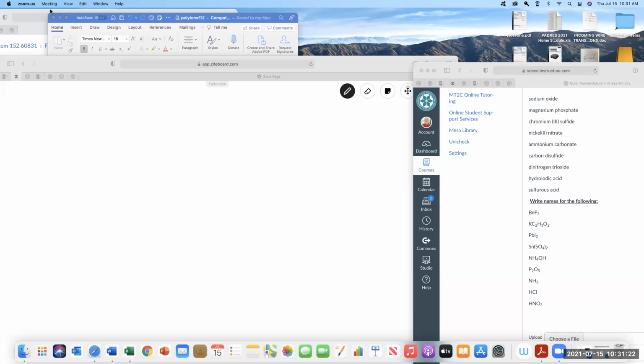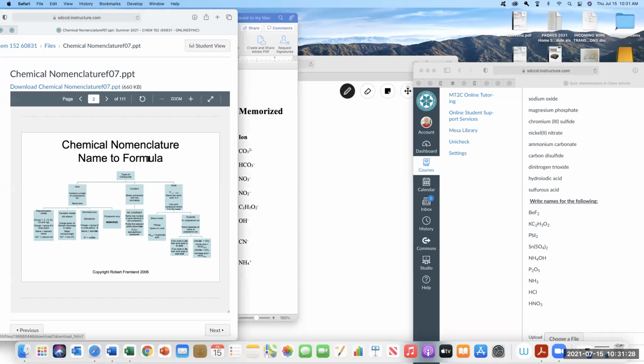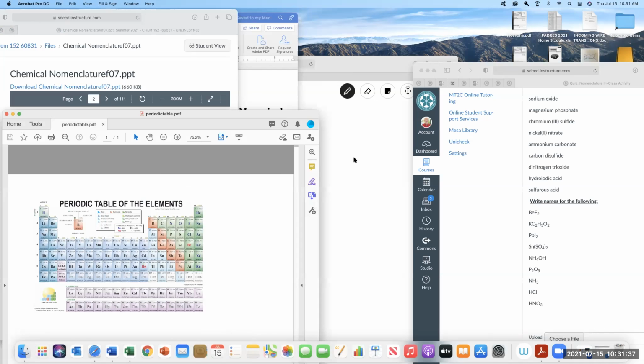All right, so while you're learning this, I would suggest you have available to you on your desk, printed out or available, the polyatomic ion list. I would have this flow chart. So all of the nomenclature slides are to explain this flow chart. And of course, a periodic table. All right, so I'm going to go through all these and kind of go through the steps, and then hopefully